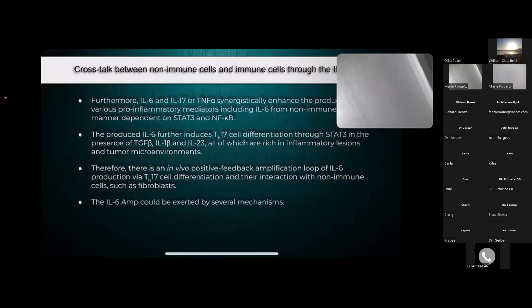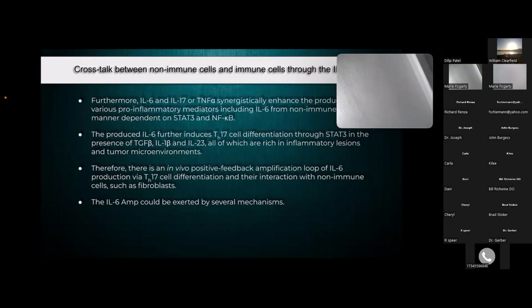The interleukin 6 amplification could be exerted by several mechanisms. Or think about this, you get really bad injury and you start developing a lot of scar tissue. And TGF beta, that's also scar producing, so you have the joints that get hypertrophied, like finger joints, and you get the big knuckles and metacarpal, okay? Well, it's laying down scar tissue. Well, those are fibroblasts, what they're producing.